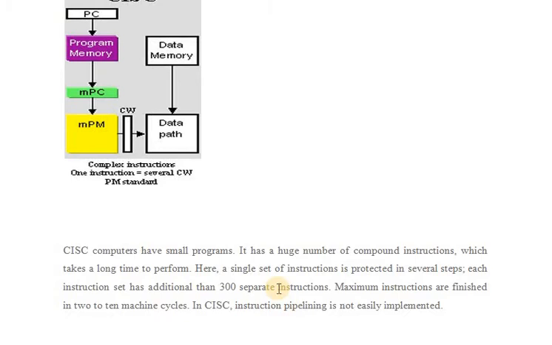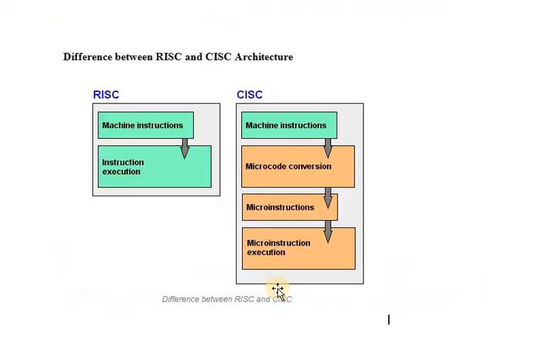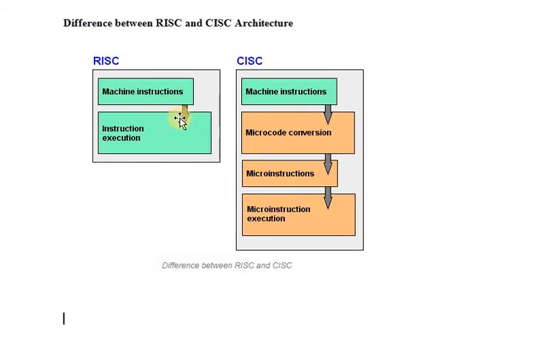I will say some of the differences between RISC and CISC architecture. RISC instructions are very simple, but in CISC the instructions are complex. As a result, the decoding hardware is very simple in the case of RISC. In the case of CISC, the decoding hardware will be very complicated. The circuit will be very simple in RISC, but the circuit in CISC will be complicated. So see here, this is the difference.